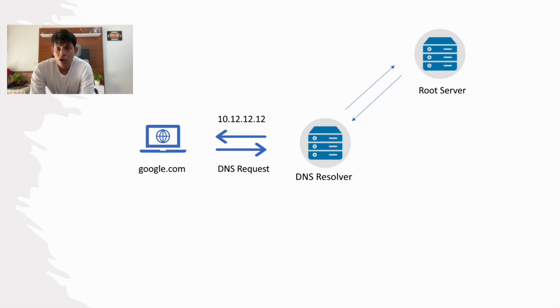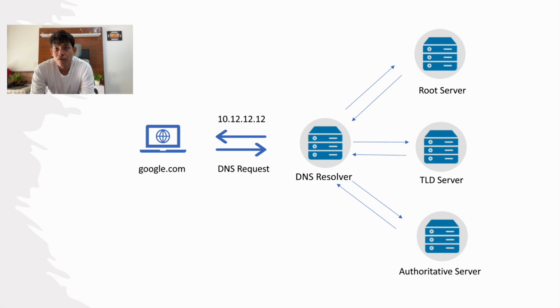So when it reaches the .com server, it then again asks, hey, I need to know what is the IP address of google.com. The top level domain server will forward that request to the authoritative server. The authoritative server would be the last server responsible for returning the domain name. All this recursive query that is happening would be done by the DNS resolver, and at the end of this recursion, it will get that specific data, the IP address, and that would be returned by an authoritative server.